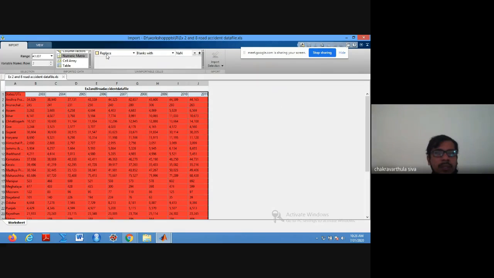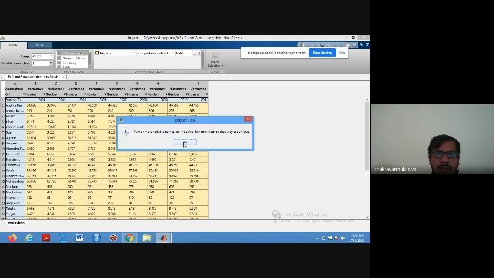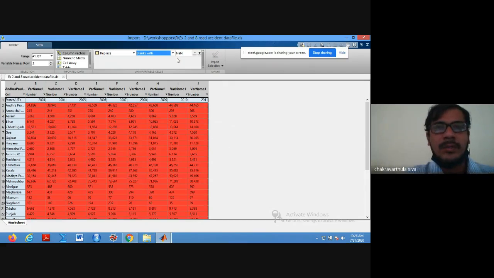We are not getting this data here. Where is it getting listed? Import data. So now I'm going to select. Again it is the same. Sorry, when you are replacing here, you have to put 0. Whenever a blank space is there, I can keep it as 0.